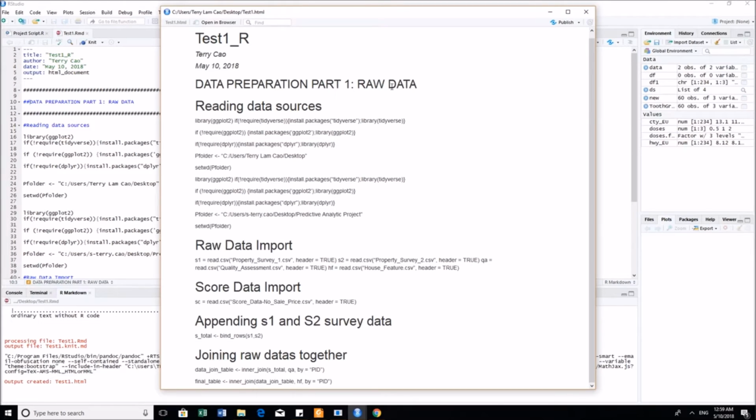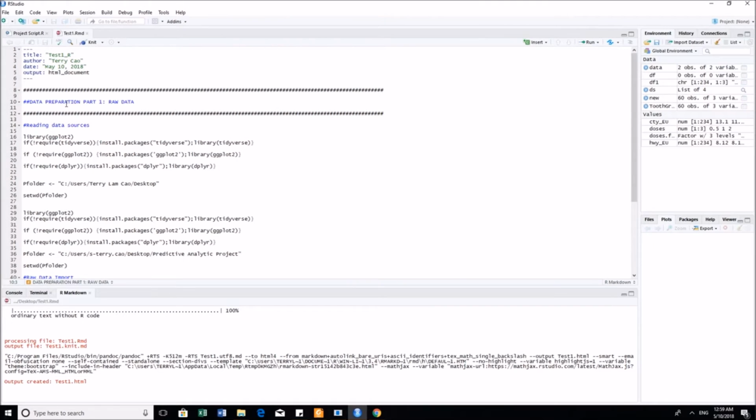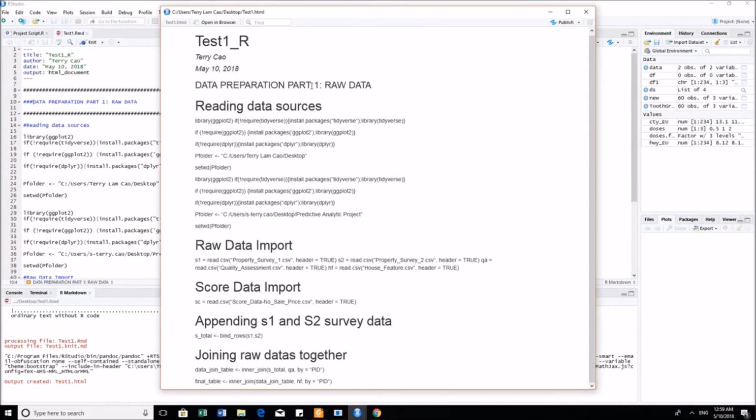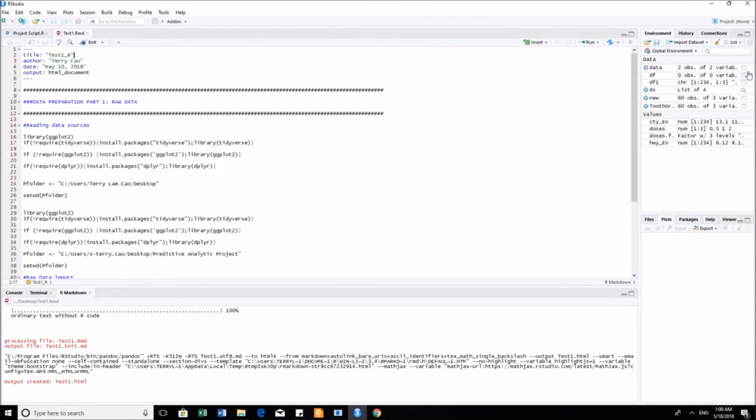And as you can see, the font's getting a little bit smaller. And if I add a third one, it will become even smaller. And second thing